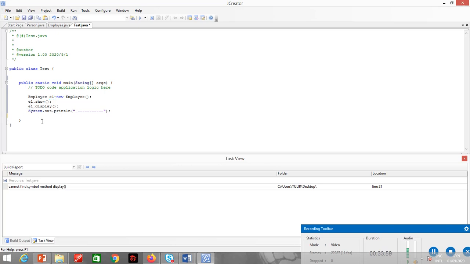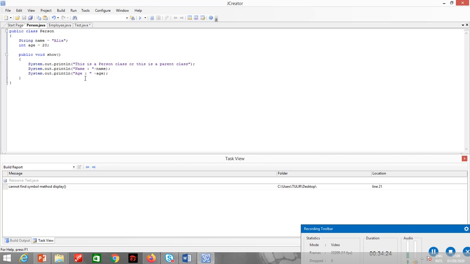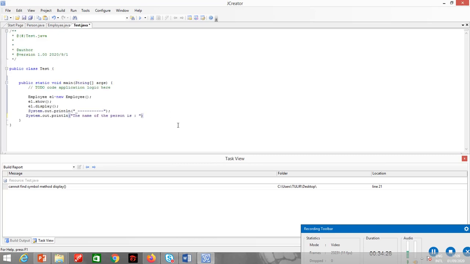If I just want to show the value of the variable of the parent class, how can I do that? System.out.println, the name of the person is. If I just want to access the variable of the parent class, which has two variables, right? Name and age. So how will I do it?